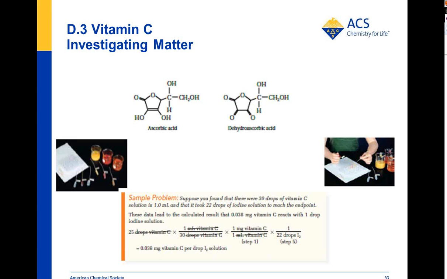And so then I get, as you see with the sample problem, which we'll go through in a moment, if you look at the third step, what you want to get is a solution that's 1 milligram of vitamin C to 1 milliliter. And so either the 100 milligrams in 100 milliliters or the 1,000 milligrams in a liter will give you this